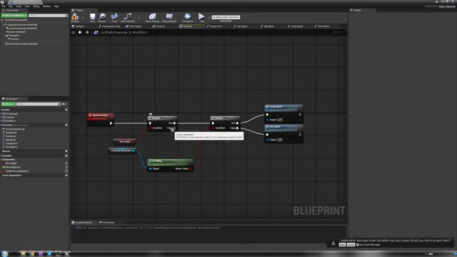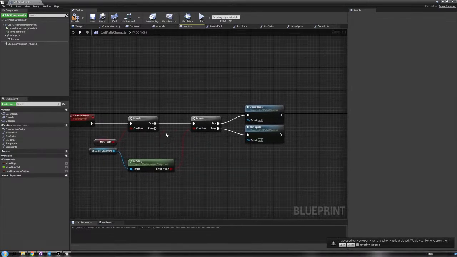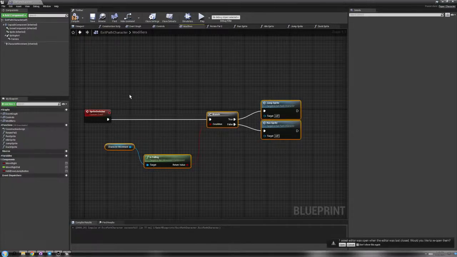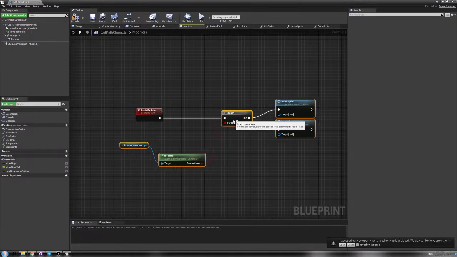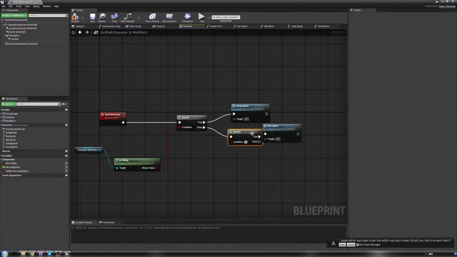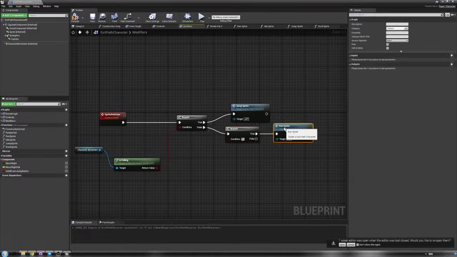Okay, so if we're not moving, we have to check if we're what? Okay, so the moving doesn't really matter here. We don't have to check if we're moving. Instead, here we have to check if we're moving. So if we're moving,